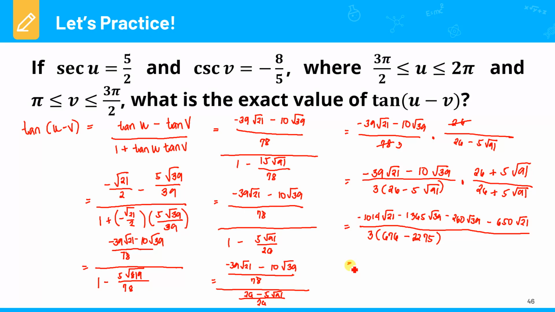So that is 1,664, so negative 1,664 square root of 21, minus 1,365 plus 260, that is 1,625 square root of 39, all over